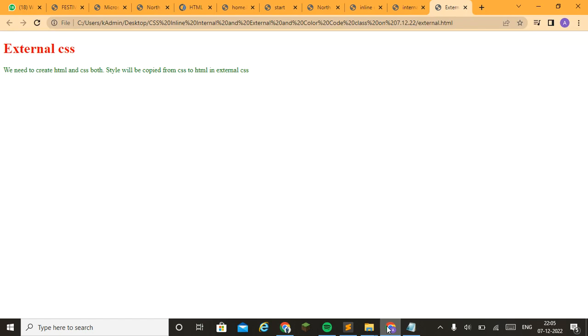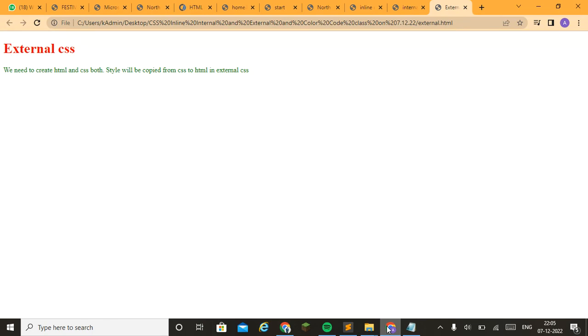So today we knew how to create CSS page, what are the classification of CSS page, and how to use what type of CSS page.